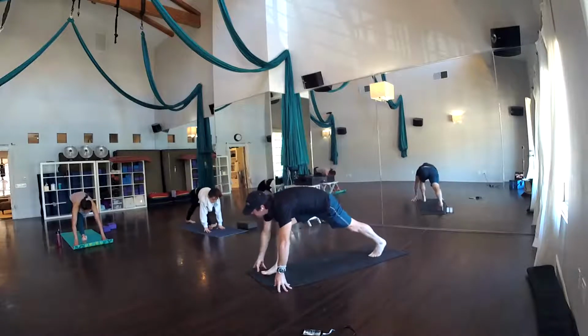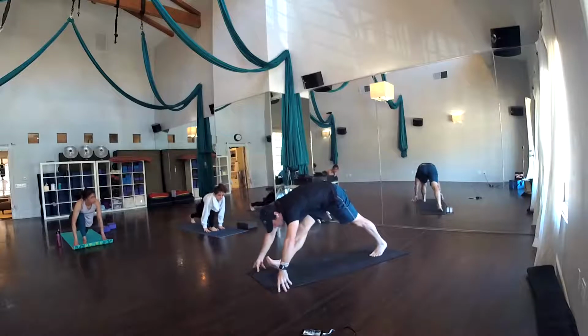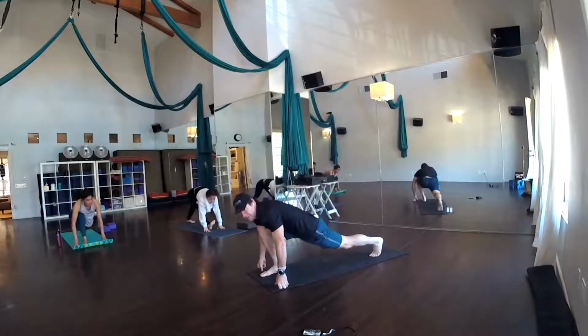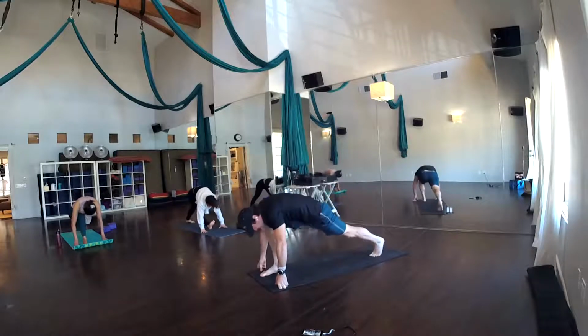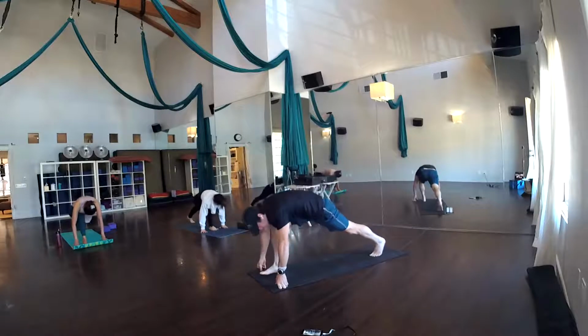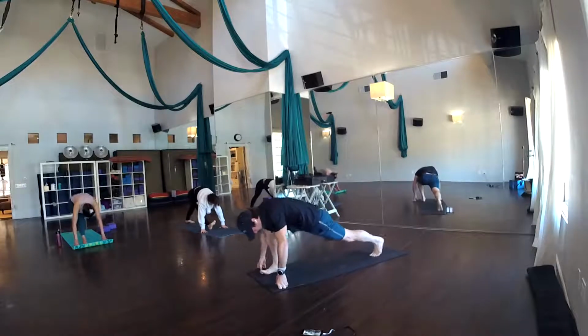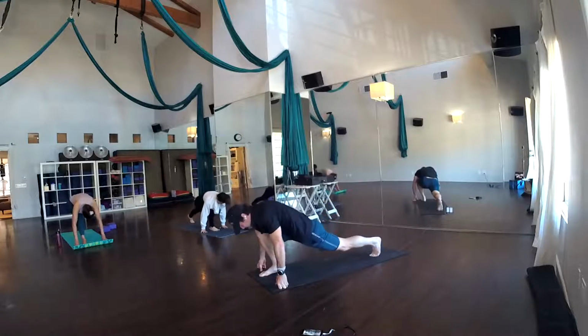Bend the knee, drop the hips just about 5 times here. So inhale, hamstrings. Exhale, hip flexor down. Inhale, exhale. Keep it going. Inhale, exhale. Couple more. Inhale, exhale. Inhale,